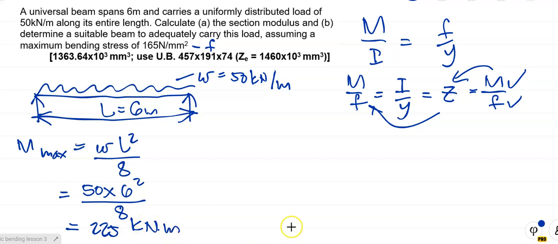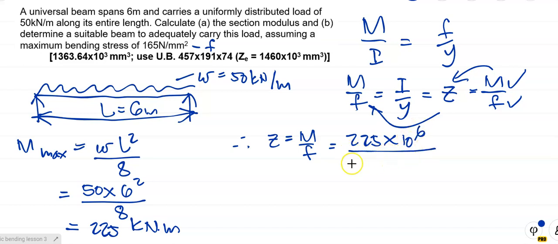Okay, right. And now be careful: kilonewton meters, millimeters, newtons. Be careful. People make this mistake all the time. I'm saying be careful. Right. F is in newtons per millimeter squared. Okay, so therefore I'm going to say Z is equal to M over F, and M is equal to 225 times 10 to the power 6 newton millimeters. You must know the conversion, and F is equal to 165, and if I work that out, okay, that's F over there, what do I get? I get that to be